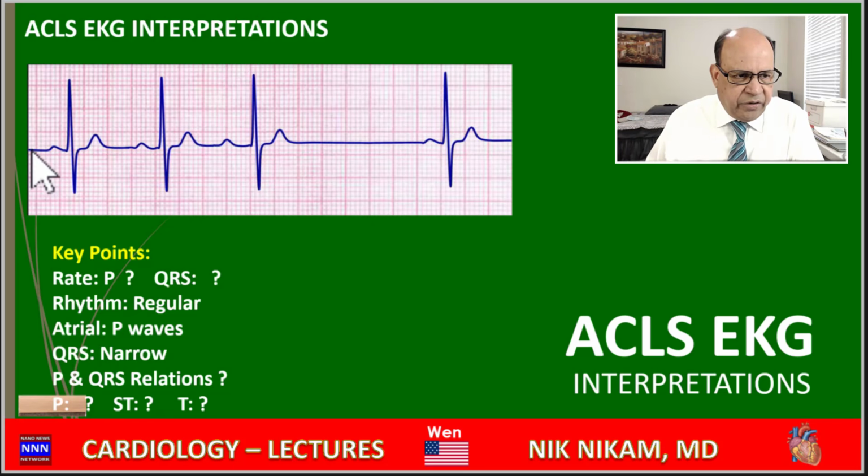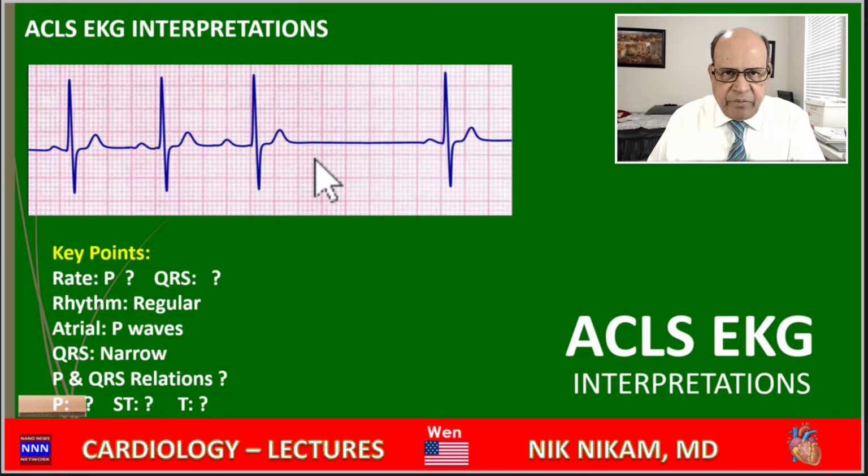Let's pay attention to the PR interval. This is short, this is longer, this is longest, followed by a dropped P wave here. So this is a form of Wenckebach. Actually, we are missing a P wave here, but nonetheless, there is progressive prolongation of the PR interval. Unless the P is sort of buried in the QRS complex, which means we have to measure this, but the interval is too early here.